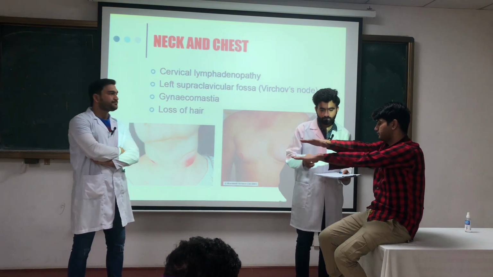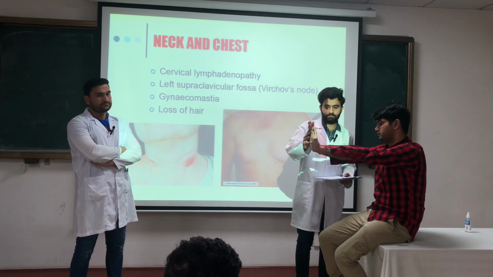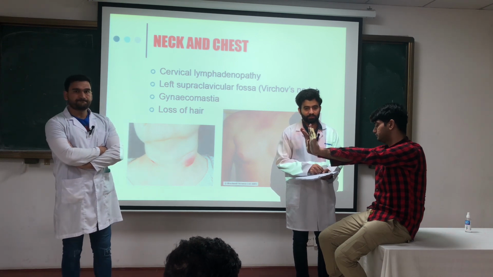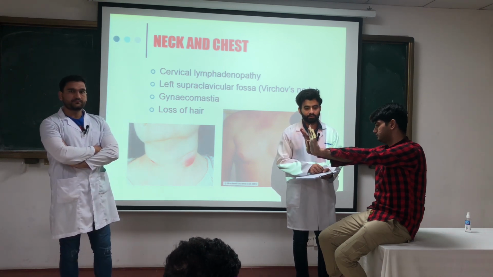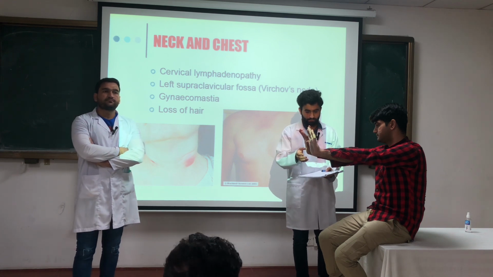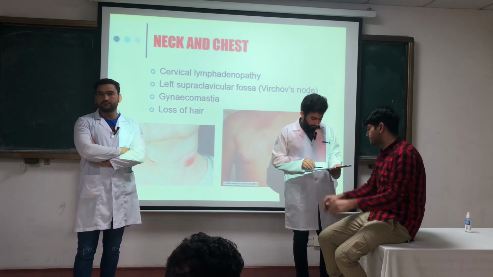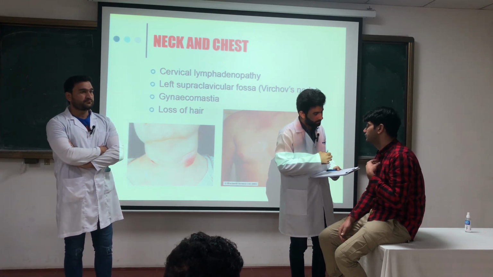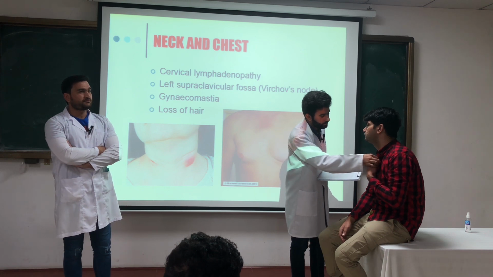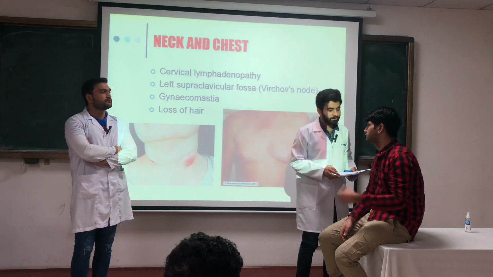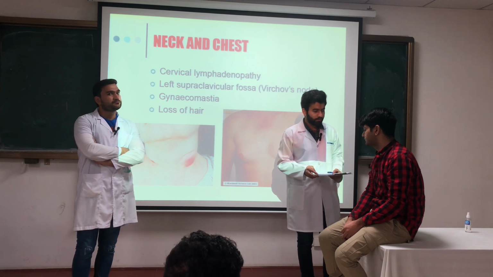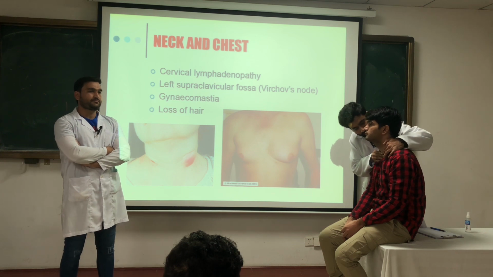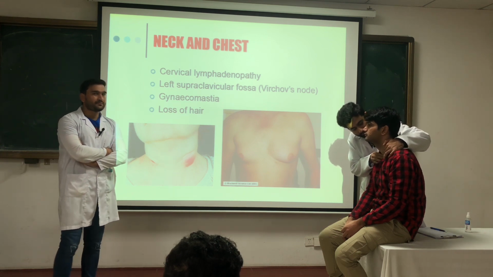Sir, can you please place your hands in front like this? Extend your hands. Here we look for flapping tremors, which we see in chronic liver disease. After that, we look at the chest. Can you show your upper chest? We look for involvement of the cervical lymph nodes. If there is any swelling of the cervical lymph nodes, it may be due to some metastatic disease from the liver or elsewhere.